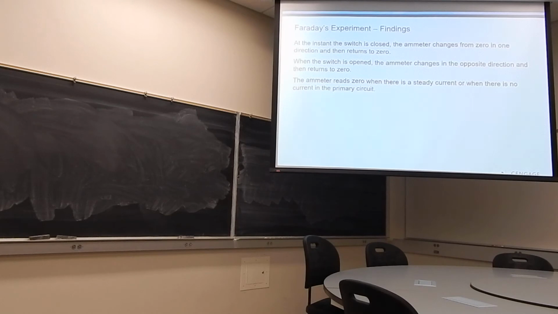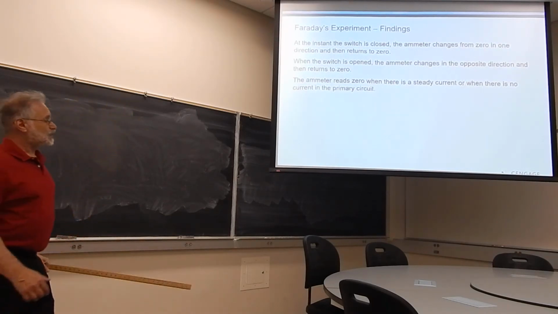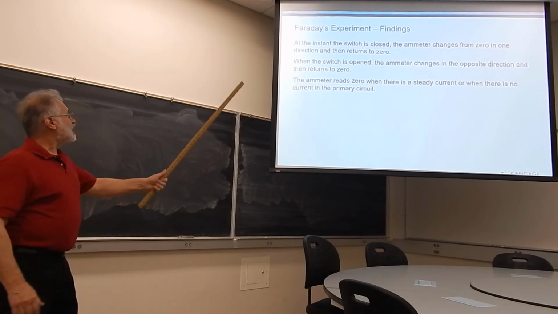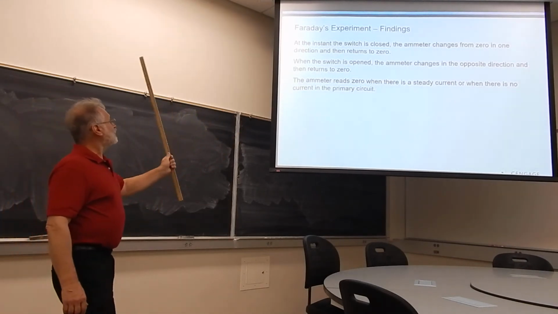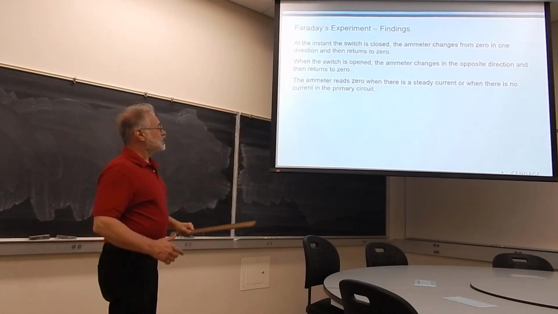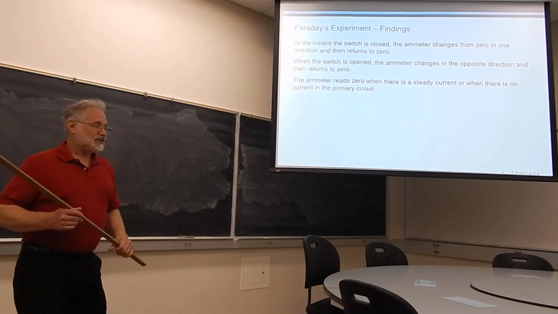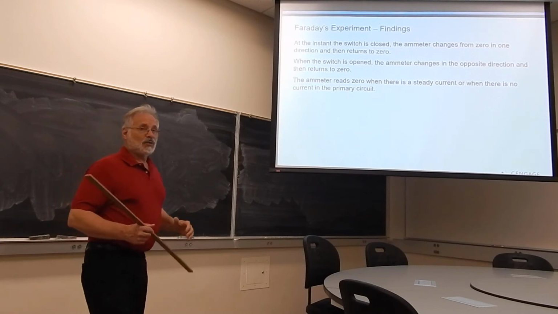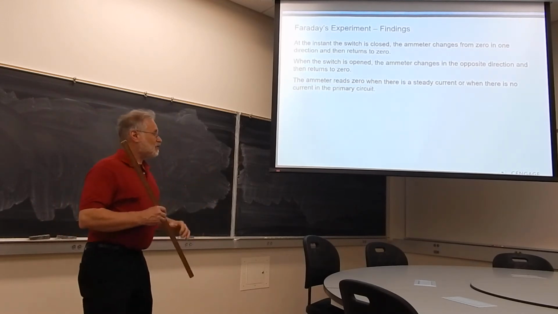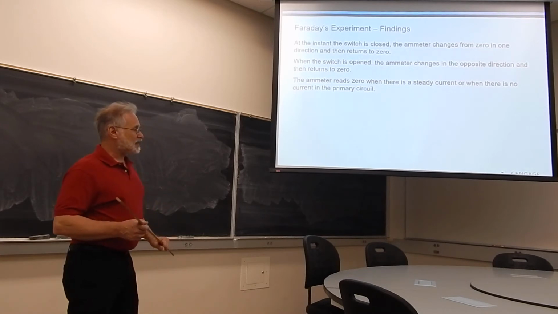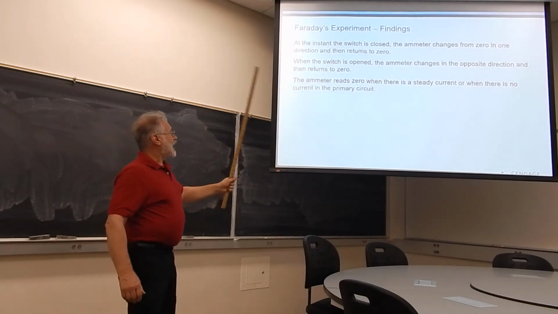So what does he find? As soon as he closes the switch, engages the battery, the ammeter changes from 0 in one direction, but then it returns to 0, because if I keep the switch completely closed and do nothing else, there will be no more deflection. Once I open the switch, remove the battery, that is to say, from the circuit, the ammeter is going to change